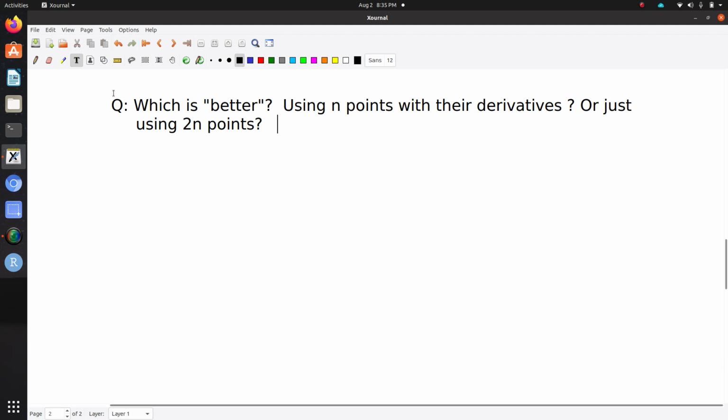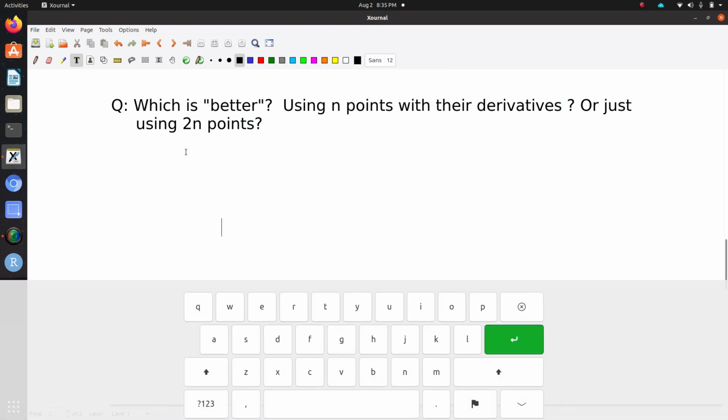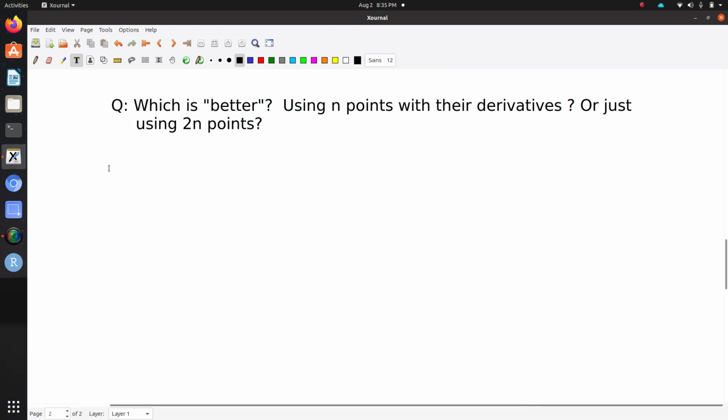So what I'm going to do is I'm going to say, what if, for this same problem we just did, what if instead we have the point 0, 0, and we're not allowed to duplicate it and use this Hermite thing. We can do 1, 2, 3, 4, 5, 6, 7. Those are supposed to be the same. Let me count how many zeros. 7 zeros. 1, 2, 3, 1, 2, 3, and a 7th zero. Like, let's use this point instead of defining the derivative to be 1 there, and then we'll use this point, and again, instead of defining a derivative to be -1, we could have said,